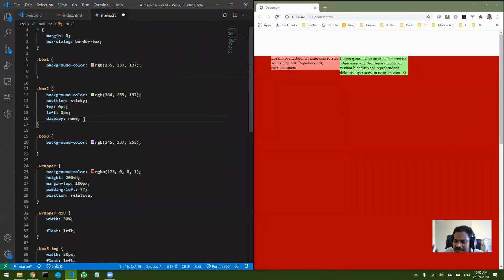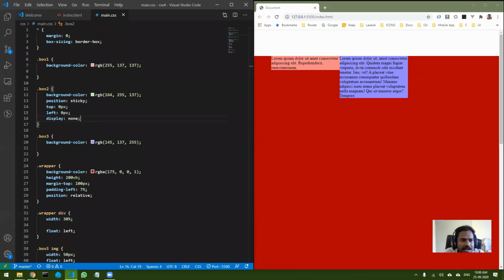We will see more display values. We have seen display inline, we have seen display block and inline block. So these three things we have seen. Now this is the fourth one that we are going to see, that is display none. Display none is basically used whenever we want to hide something or completely remove it from the document. If I do this to box 2, you can see box 2 is now removed.